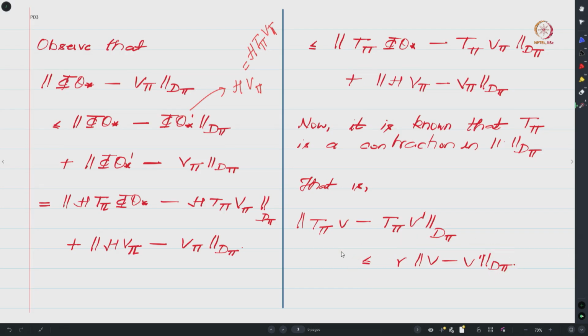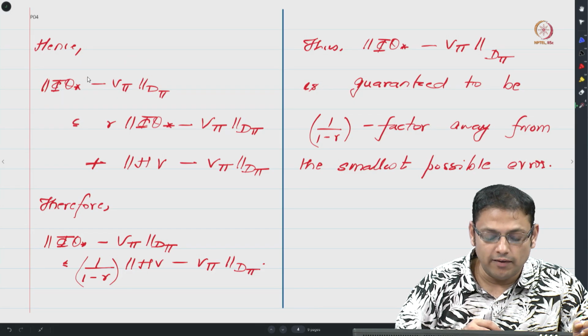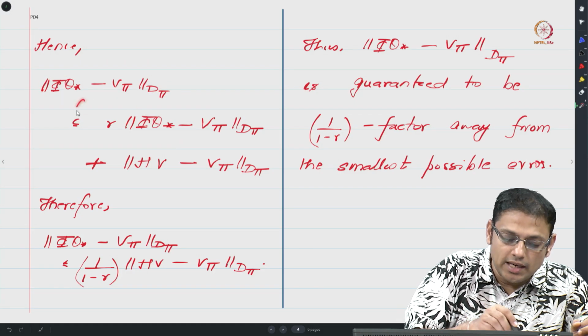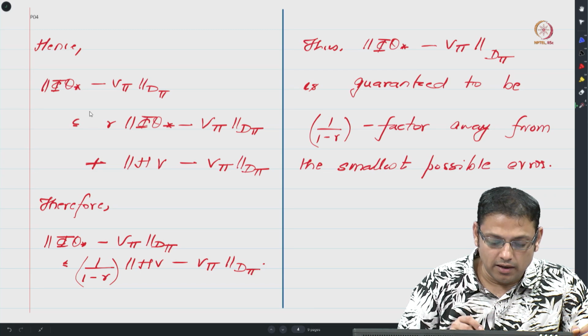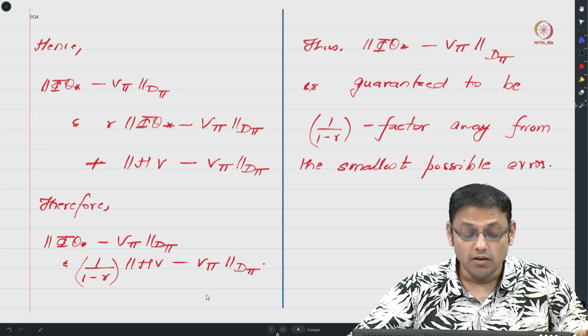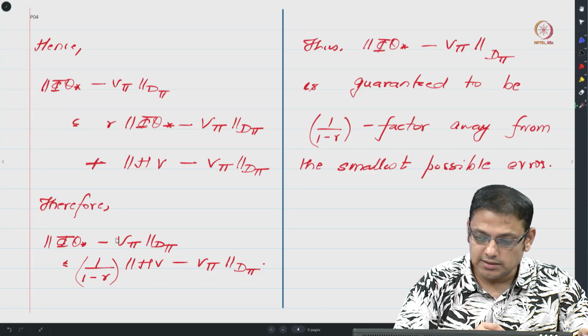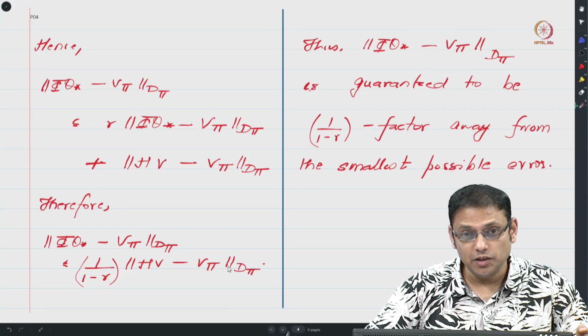Now we can apply this inequality and show that this quantity over here is upper bounded by gamma times the distance between phi theta star and v pi. So this is what we end up with. The nice thing about this quantity is that it is exactly what we have on the left hand side, hence we can take it to the left hand side. So you will have a 1 minus gamma, and if you take the 1 minus gamma to the right hand side we eventually end up with an inequality of the following form: phi theta star's distance to v pi is less than 1 over 1 minus gamma times the distance of h v pi to v